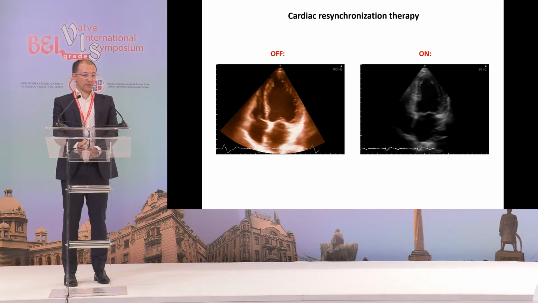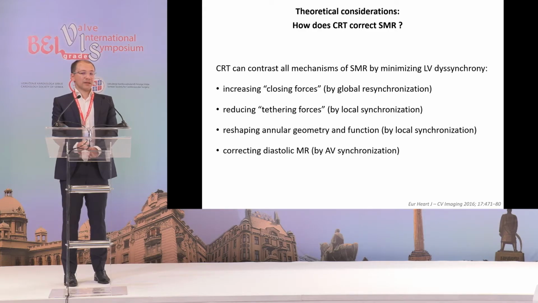U praksi dobro poznat efekat CRT-a izgleda ovako i kad bismo sumirali efekat CRT-a na funkcionalnu mitralnu regurgitaciju, ovo su mehanizmi. Globalnom resinhronizacijom povećavaju se sile zatvaranja mitralne valvule. Lokalnom resinhronizacijom smanjuju se sile zatezanja i dovodi se do popravljanja geometrije zaliska i funkcije. Sad, ovde globalna resinhronizacija podrazumeva benefite CRT-a na nivou cijele leve komore, a lokalna resinhronizacija podrazumeva efekte CRT-a lokalno